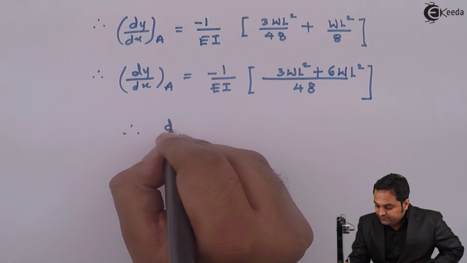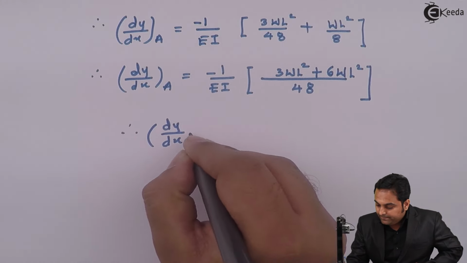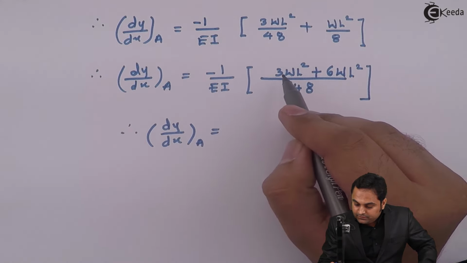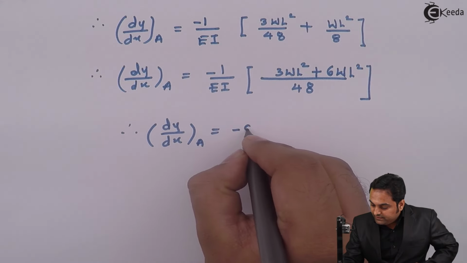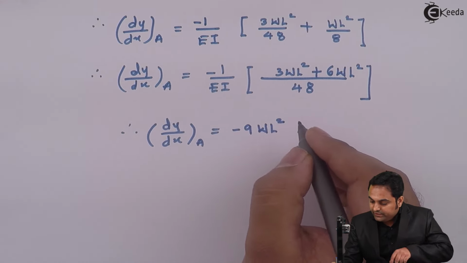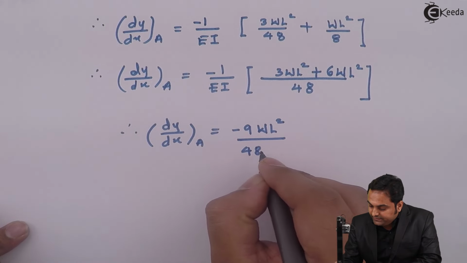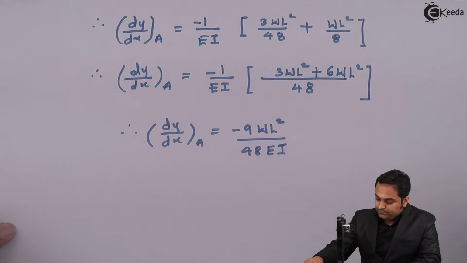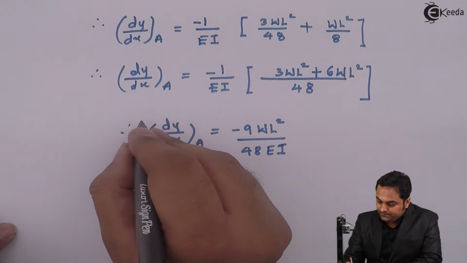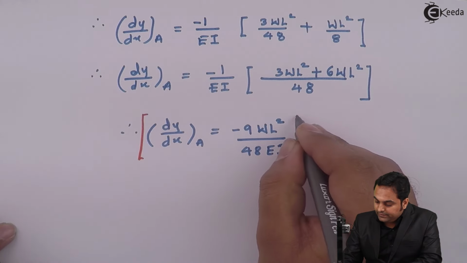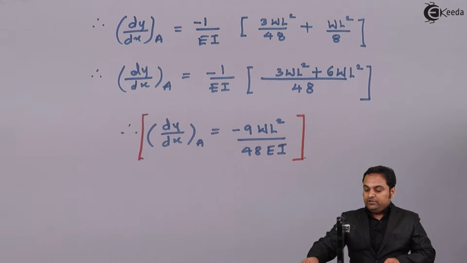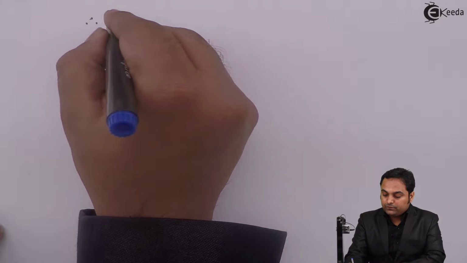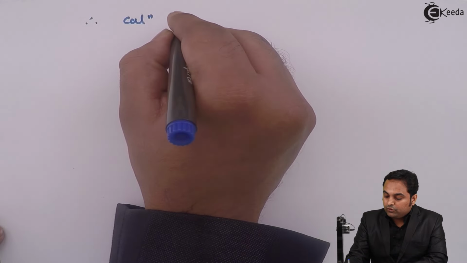So therefore dy by dx at A will be equal to, here we have 3 plus 6, that gives us 9, so minus 9 WL square upon 48 EI. So this is the value of slope at point A. Now similarly we can calculate the slope at point B. So therefore, calculation of slope